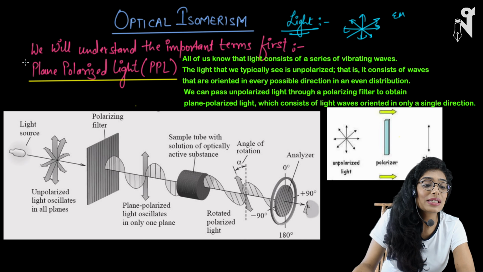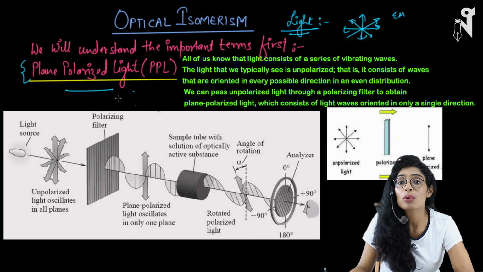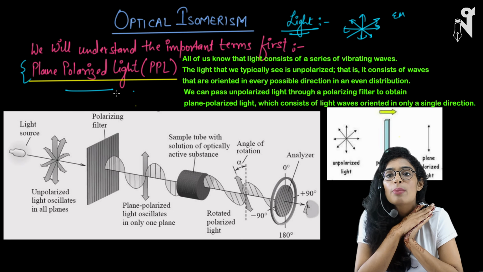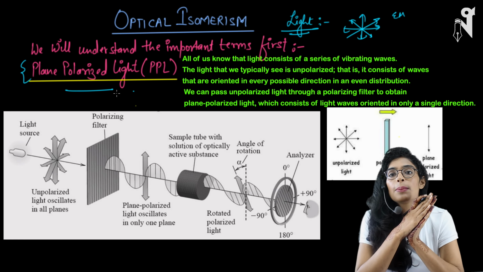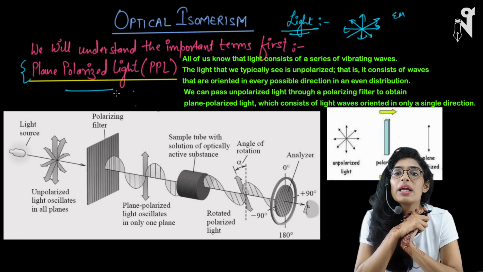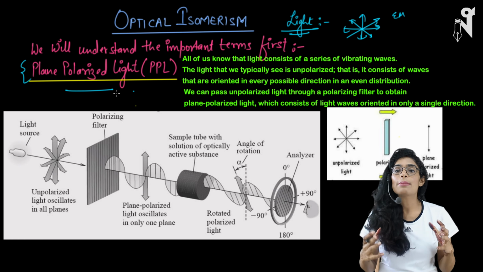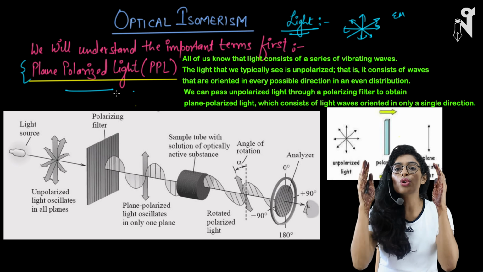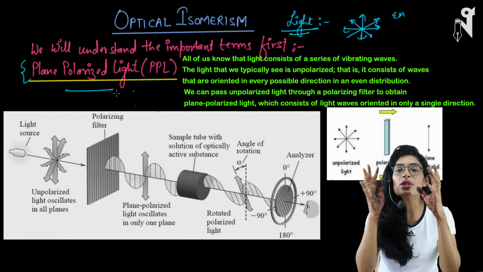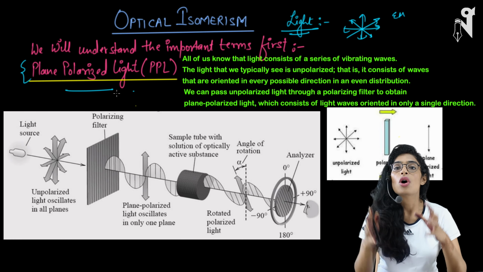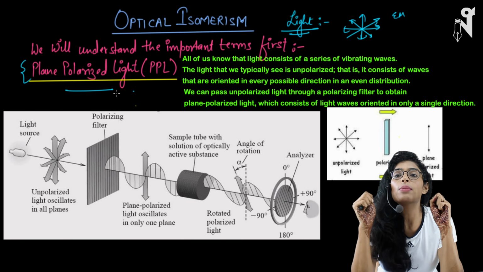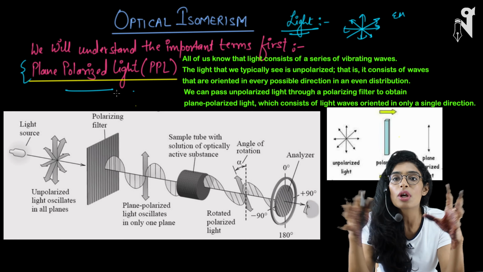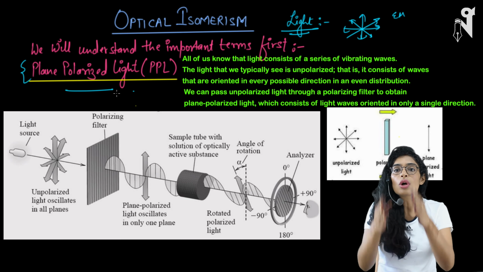Now, what exactly does plane polarized light mean? Plane polarized light is when you restrict the plane of the electromagnetic wave, or restrict the plane of a light. So how do you restrict it? As I mentioned, light has electromagnetic waves which move in all directions. So you use a device or equipment which absorbs or neglects all the waves moving in random directions, and just focuses on one single direction.